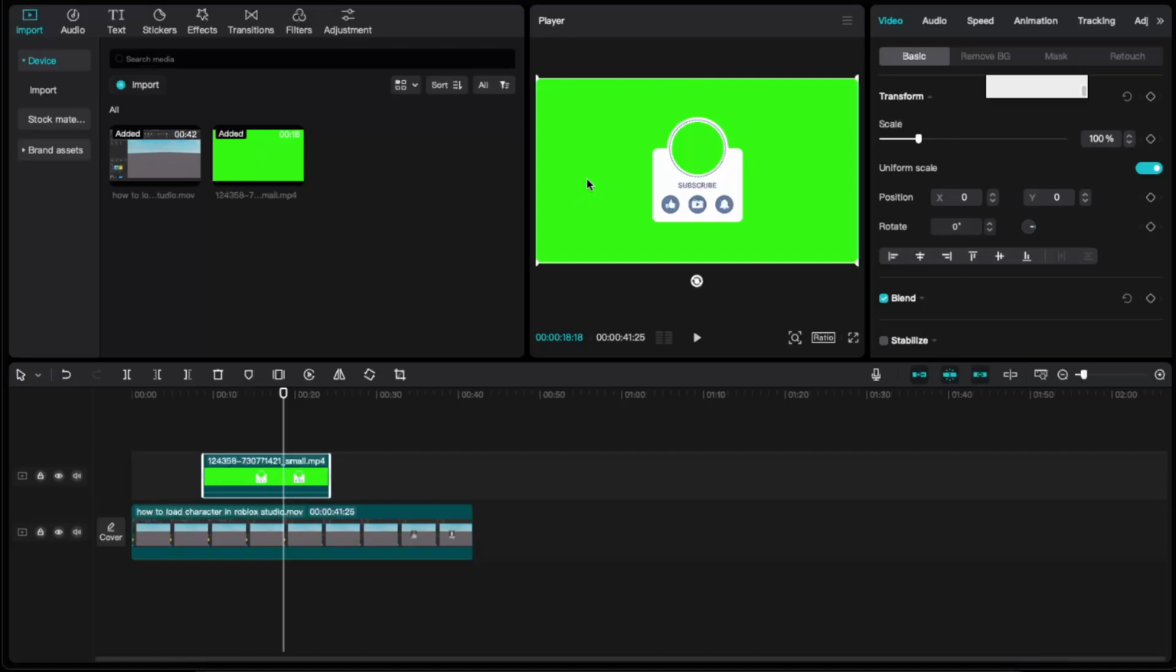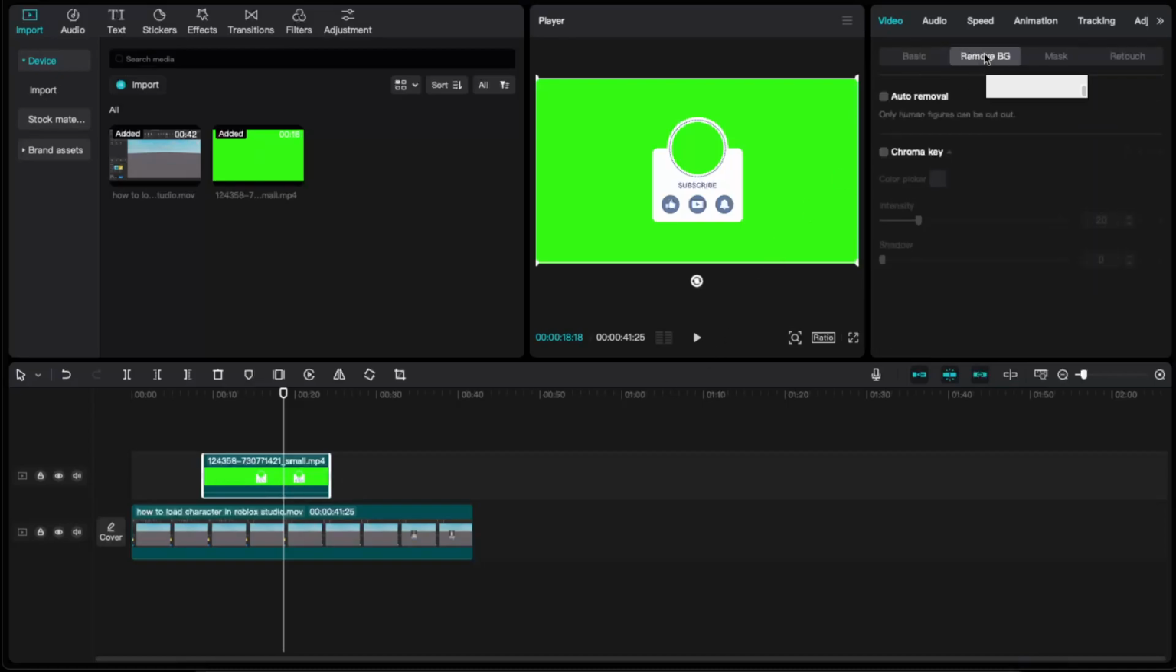So first of all, you want to go ahead and select this video, which has a green screen. And then make sure you select the video, basic, and there is remove background option. So you want to go ahead and click remove background, and now we have chroma key, which we want to